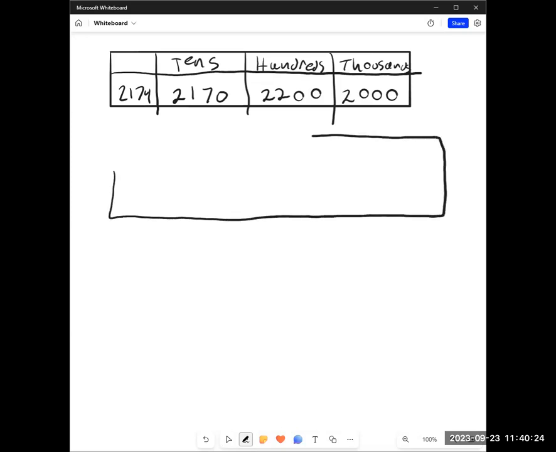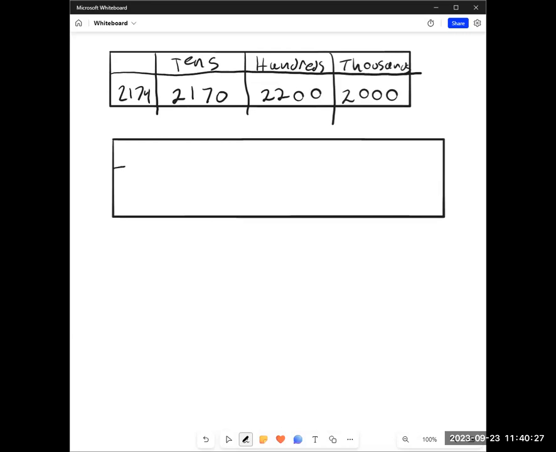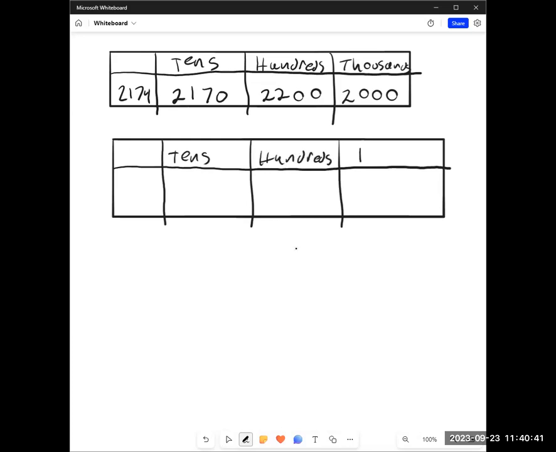Another table here. We have tens, hundreds, and thousands again. This time our number is 4,333. So to round to the tens, we look at the 3 that's in the ones place, and we're going to round down